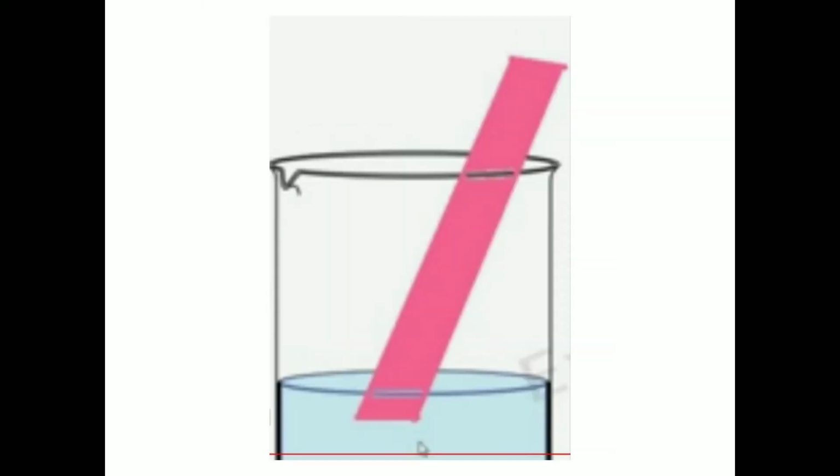Because if you only use a red litmus paper and the color does not change, there are two possibilities. One, the solution may be acidic, because an acidic solution also does not change the color of red litmus paper, or the solution is neutral. So to arrive at the right conclusion, you have to test the solution with both red and blue litmus paper. If both of them do not change their color, that means the solution is neutral.